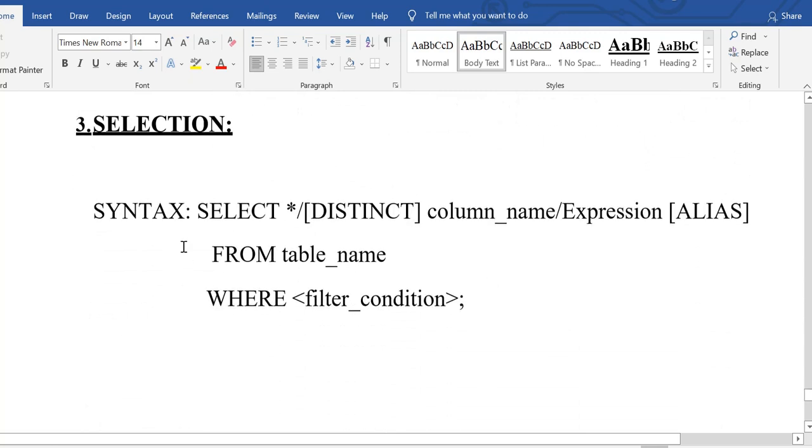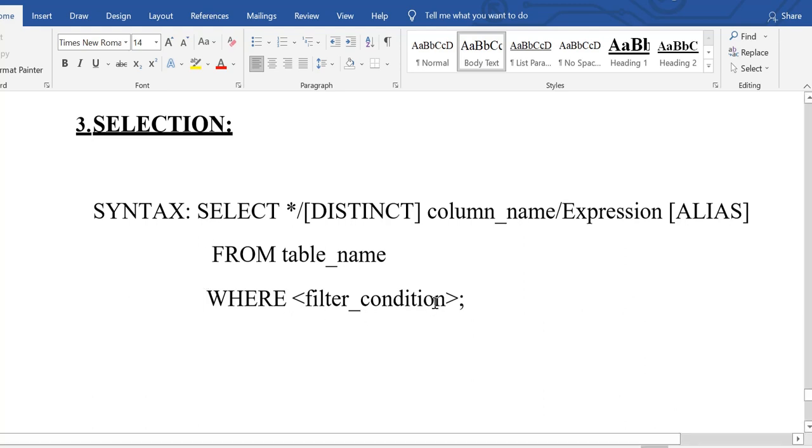And selection: when we are discussing selection, it will give all the details when we select star, and if we particularly mention a column, then it will give the details of that particular column. Here especially we are going to use the where clause. The where clause is used to filter the records.